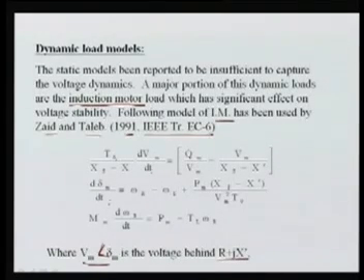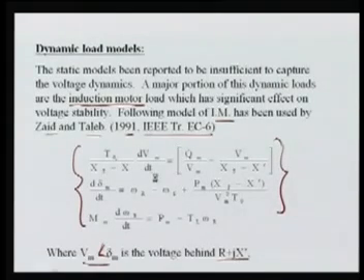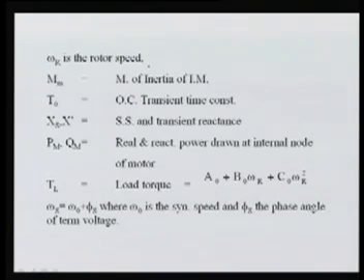So they use two dynamics, of the voltage as well as the delta, that are interrelated. We can solve these dynamics as well, where omega is the rotor speed, M is the moment of inertia of the induction machine, T0' is the open circuit transient time constant, Xs and X' are the steady state and transient reactances, PM and QM are the real and reactive power drawn at the internal node of the motor, and TL is the load torque,